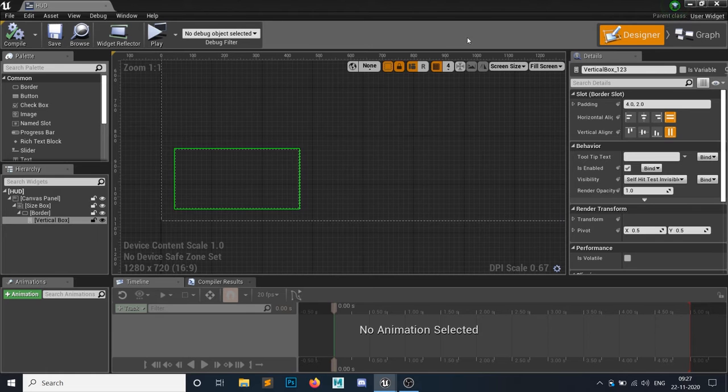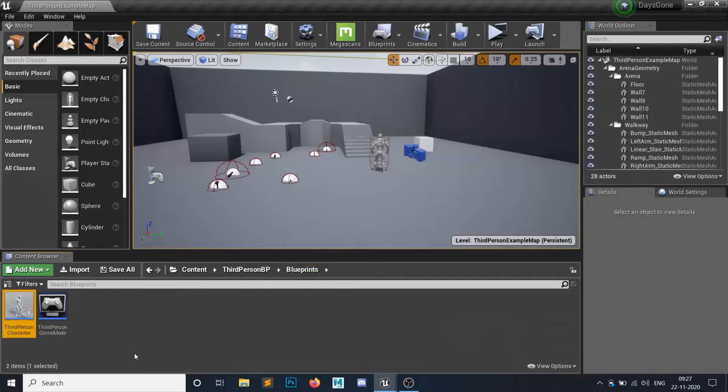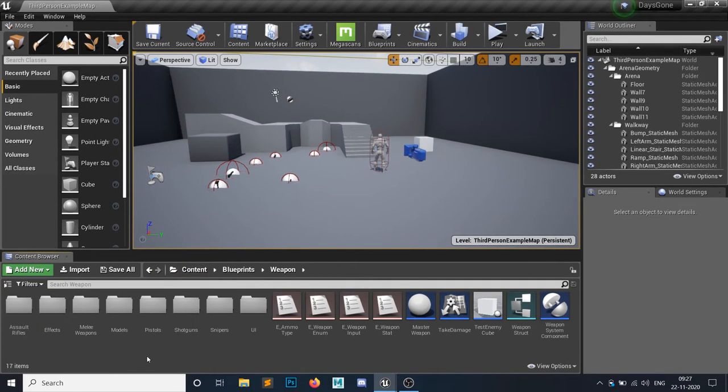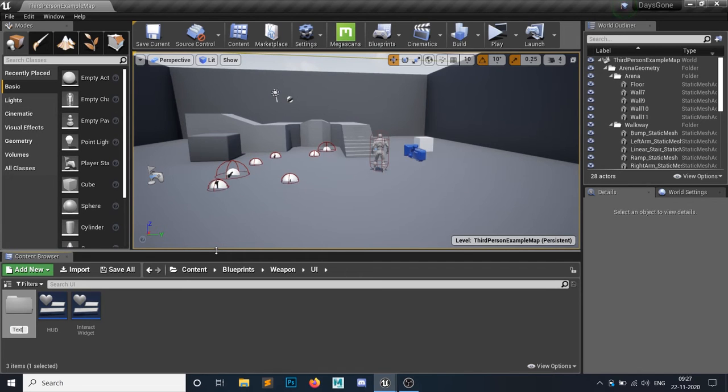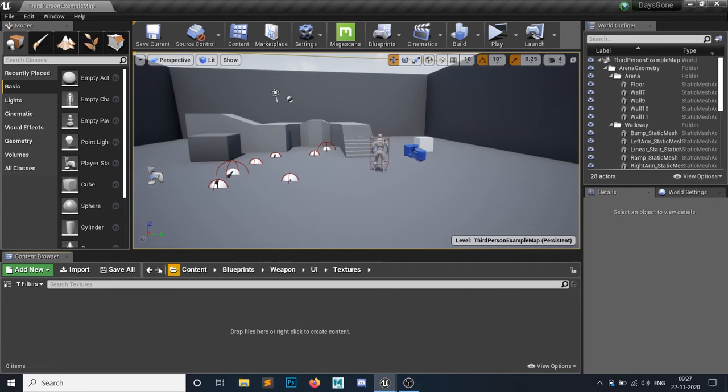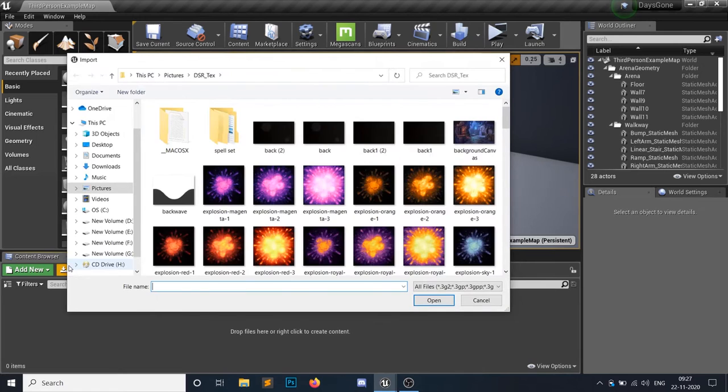We need some images of our guns, so let's minimize it, and in our weapons, let's create a new folder called textures. I'm going to create it inside my UI, and in here I will simply import all the textures I need.